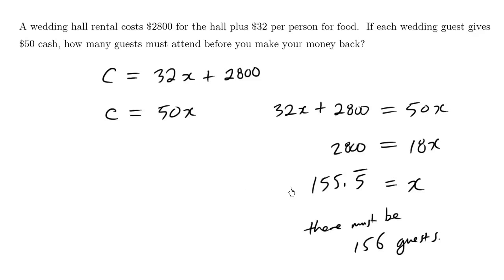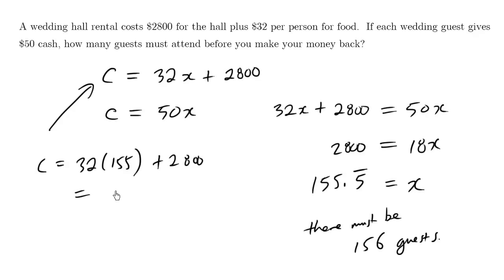And if you want to try it out, we can verify this answer. Let's try 155 and see what happens. So imagine we're talking about the costs. There are 155 guests. The cost is equal to 32 times 155 plus 2,800. And what we end up with using our calculator is that your wedding costs $7,760,